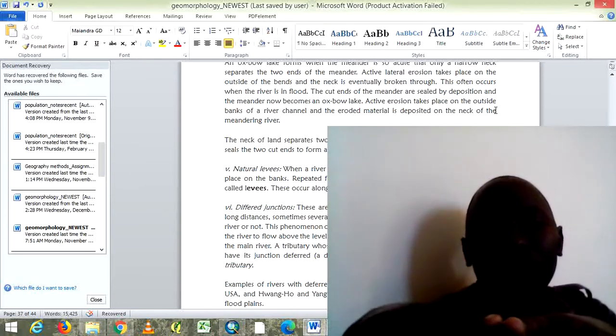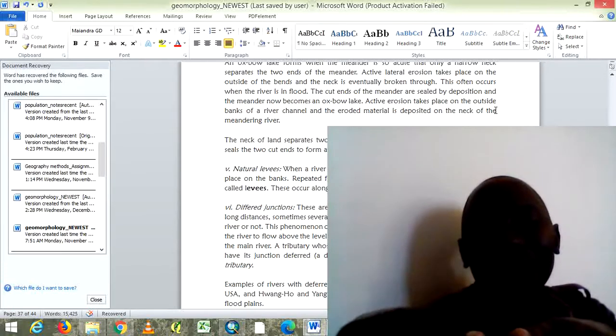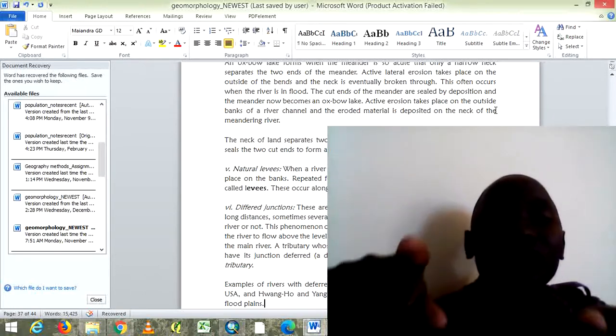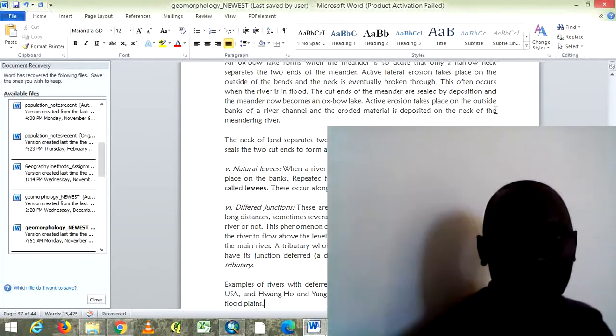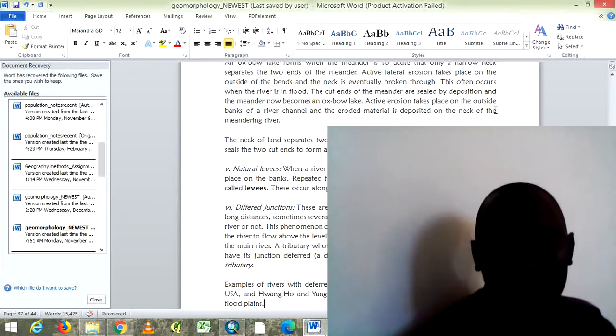But because the material has heavily been deposited at this point, natural flow cannot happen. So this stream continues to flow parallel to the main river until it reaches a point where it can find a section. You've seen this with taxi men when they are driving off the side of the road